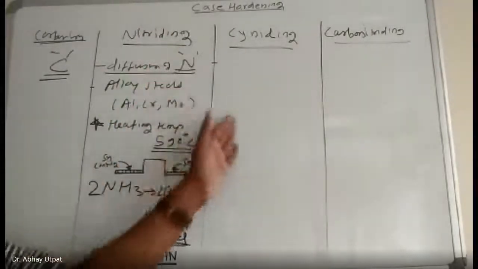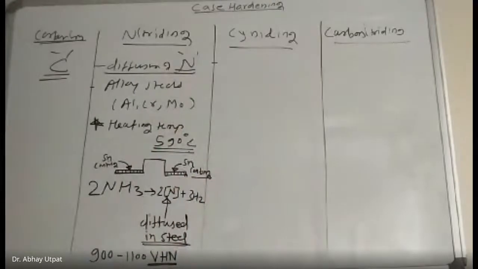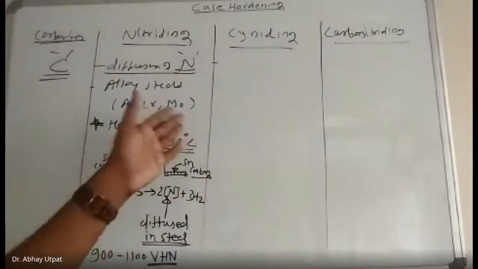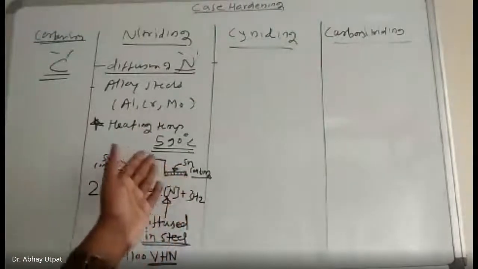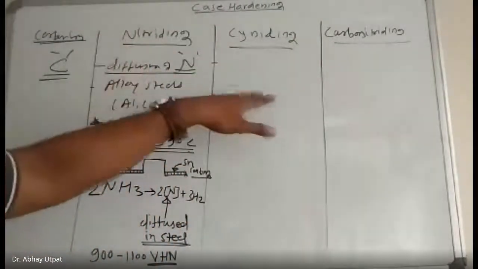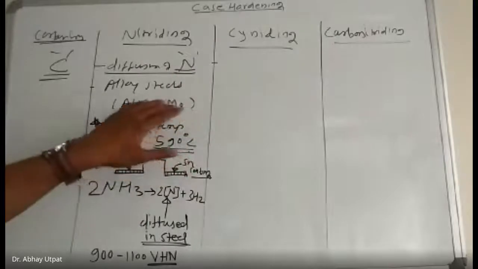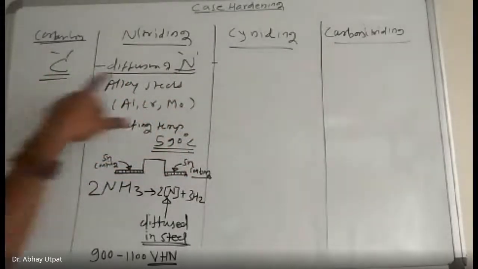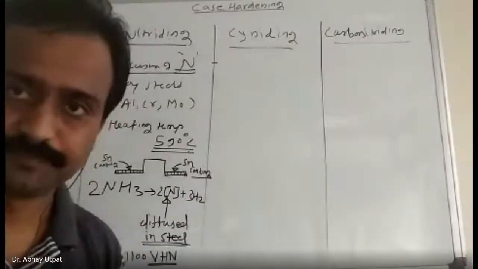I am writing in this column because, if you check earlier exam question papers, the chances of asking the differences are more. So differentiate clearly between nitriding and cyaniding. Differentiate clearly between liquid carburizing and cyaniding, because you will understand now the media is the same.